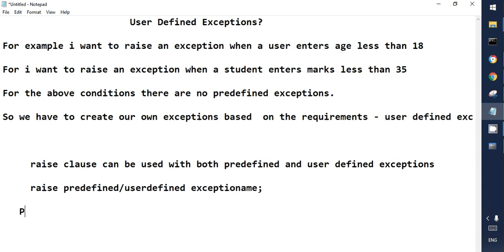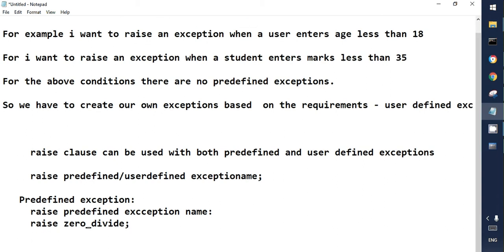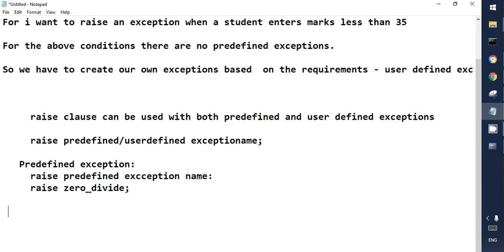When coming to predefined exceptions, there is no need to declare a variable to create a predefined exception. Just use raise followed by the predefined exception name. Example, raise zero_divide. If you are using user defined exceptions,